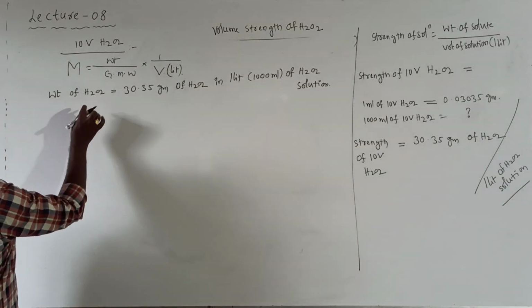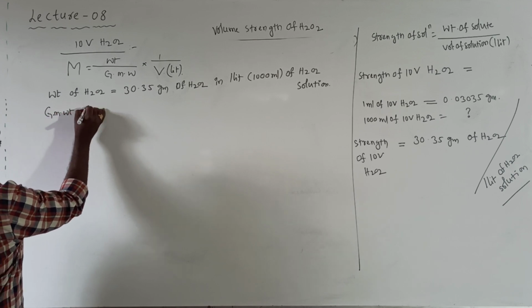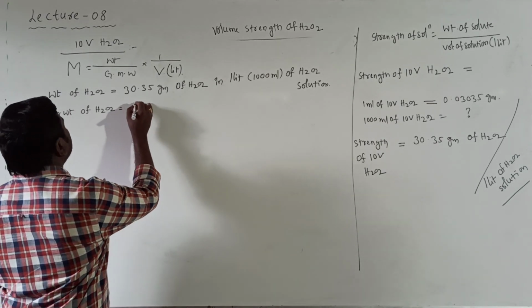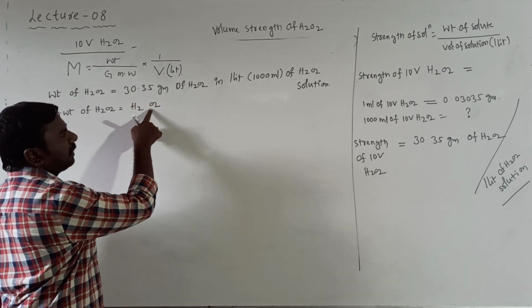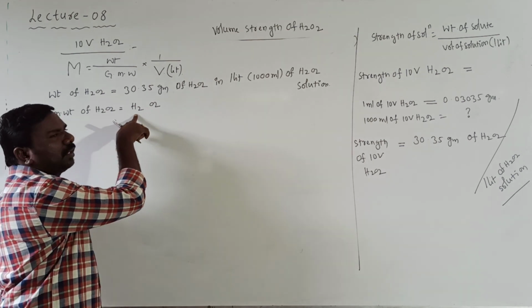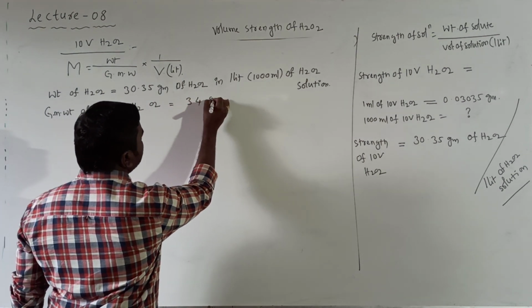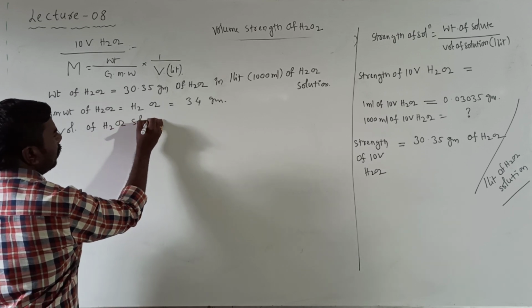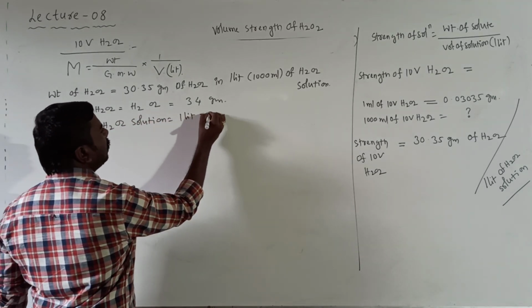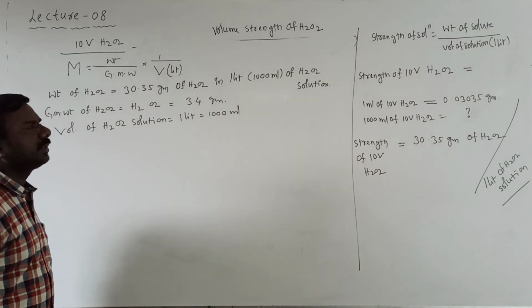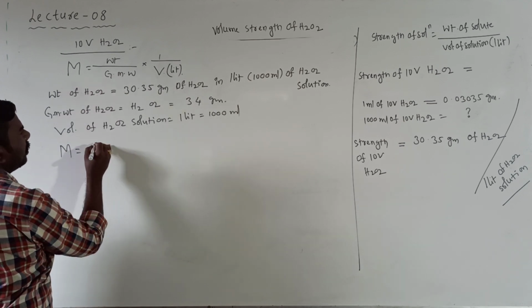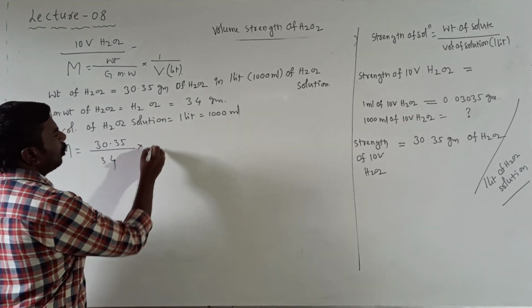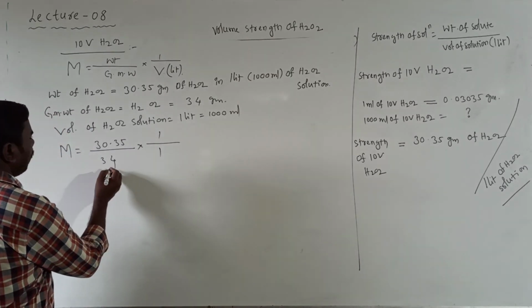Right? Then the gram molecular weight of H2O2. You know the gram molecular weight. What is the mass here? 16 plus 16, 32, plus 1 plus 1, 34. Totally 34 grams. Volume of H2O2 solution is equal to 1 liter. Substitute all values, then you get molarity: weight 30.35 grams by gram molecular weight 34 grams into 1 by 1. So on solving,